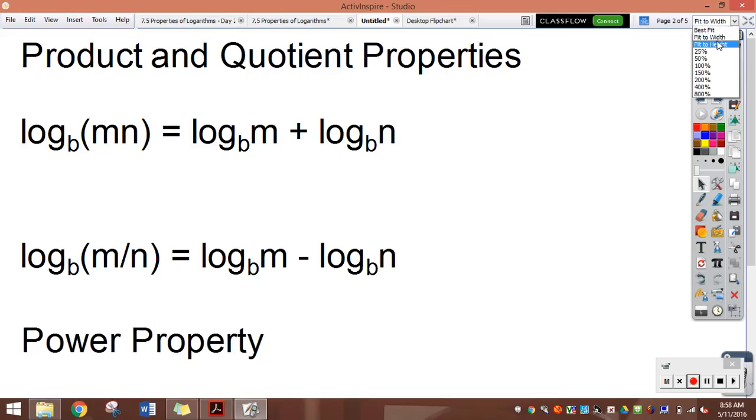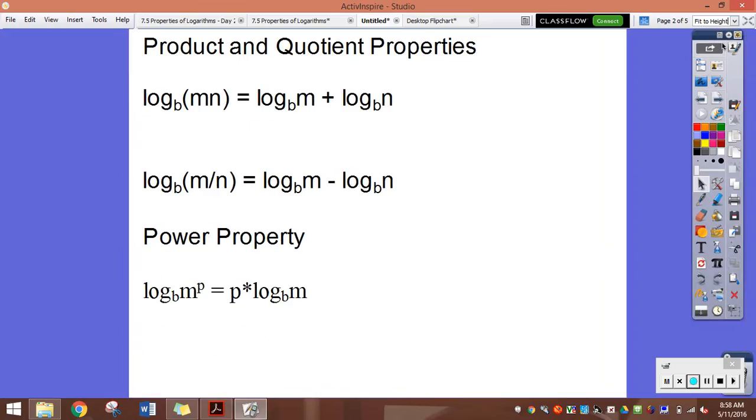The product and quotient properties are for multiplying and dividing. That's why they're called product and quotient. If you have a product here, m times n, the rule is that you can expand this logarithm into two logarithms that are being added together. So you separate the two products, m and n, from each other by adding them separately as logarithms. And then division pretty much works the same way. It's just subtraction. So if you have two things being divided here, then you can just expand to two logarithms